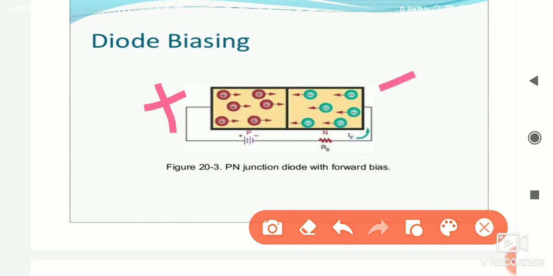In forward bias, the positive charge repels the holes of the p-type material, and the negative charge repels the electrons from the n-type material. So there is strong repulsion, and recombination at the junction is very fast, so the depletion layer will be very thin